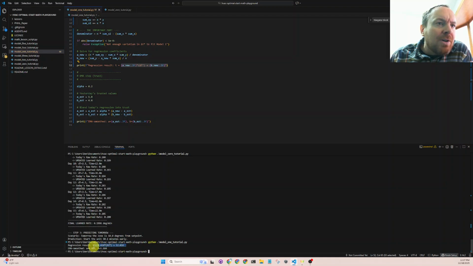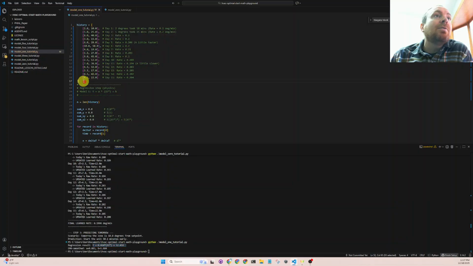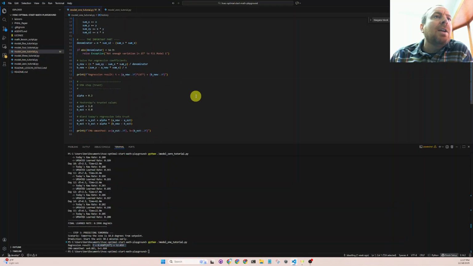This is our model equation based off of all of our data here. And after it's smoothed out, these are actually our parameters that get updated. So the model is tuning itself by these A and B parameters, which we solve for in here. And then the PNNL just recommends that you do,